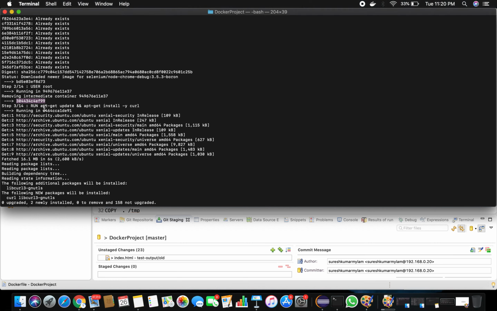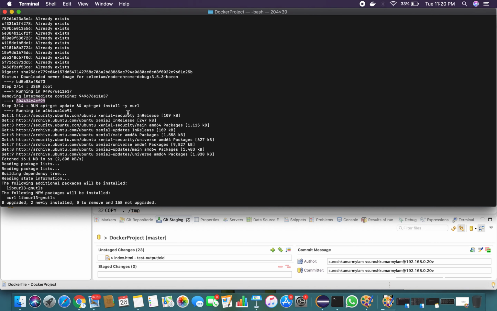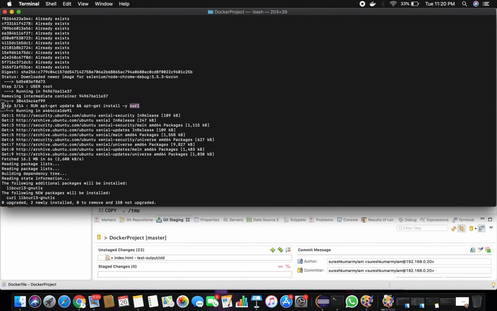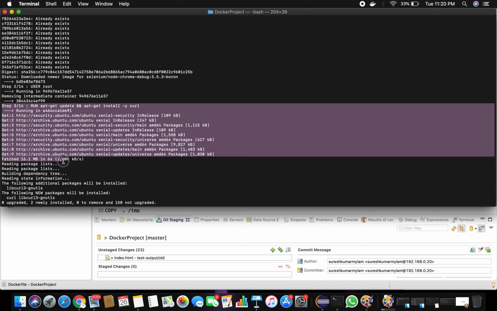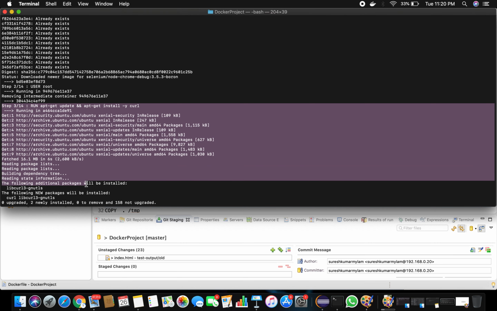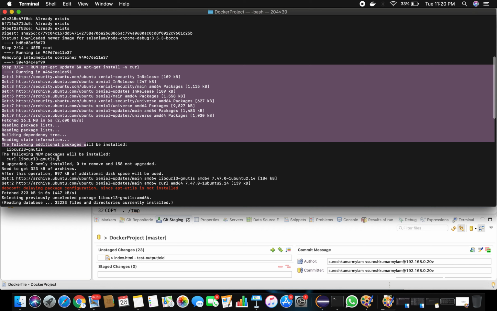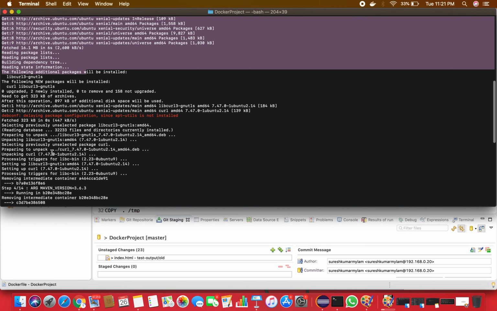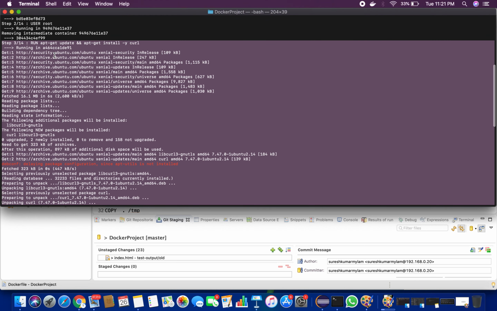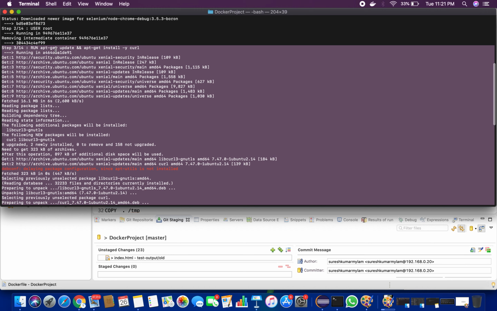On top of that, again, we are running apt-get update and apt-get install and installing the curl command. And this particular command is running till here. Okay, let's see. And this is running till, where is step 4? Okay, until here. All these are from this particular command, run apt-get update and run apt-get install.